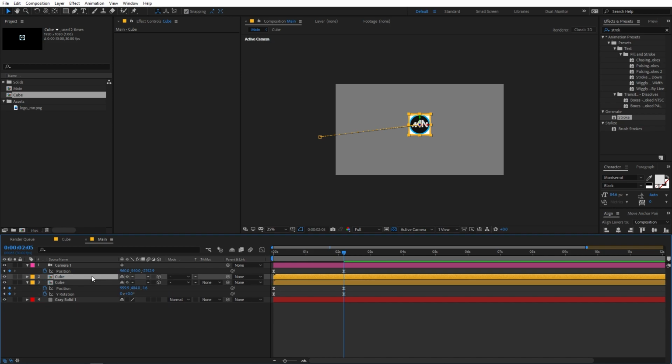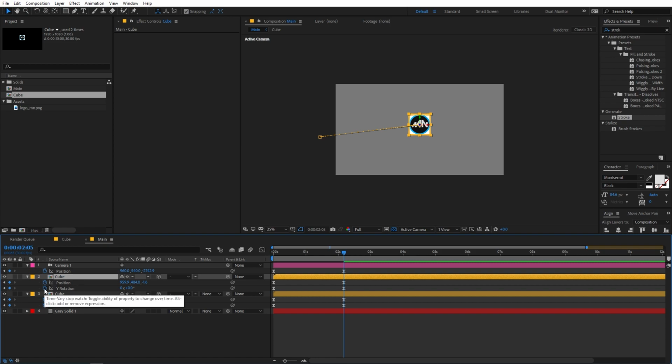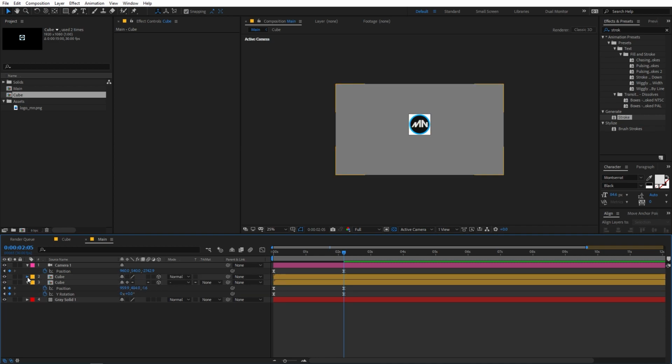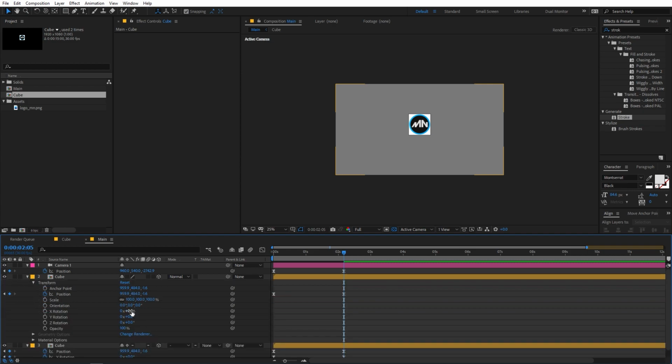Now I'm going to press U and I'm going to remove the Y rotation, and also I'm going to remove the collapse transformation on this layer. So after this I'm going to select this one and I'm going to rotate the X property and just make it something like this. After that, select the position keyframes and then just simply move it down below, just like this. So let me just quickly play it. Yeah, I think this is looking good.